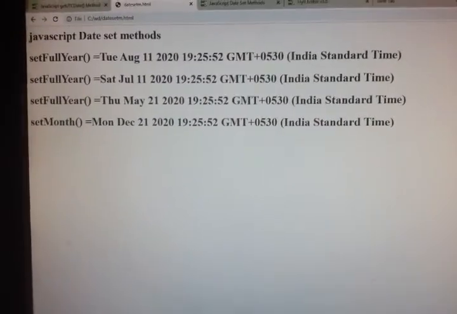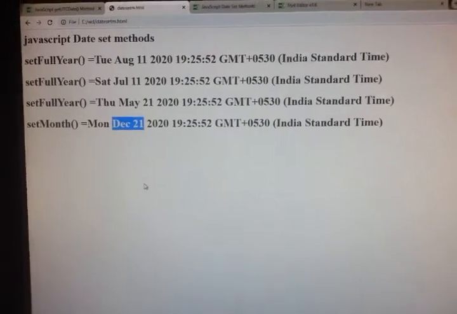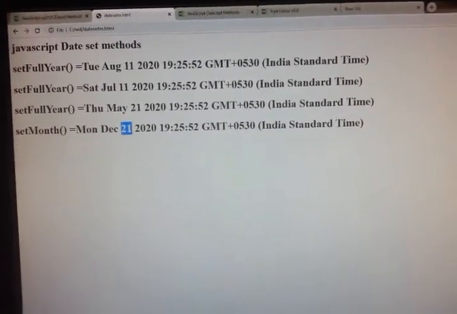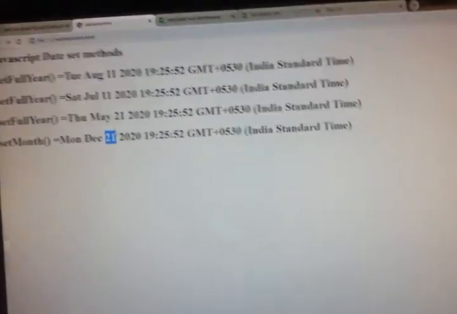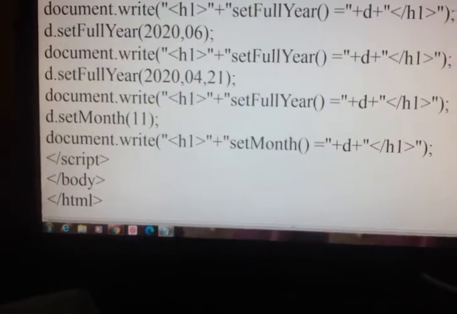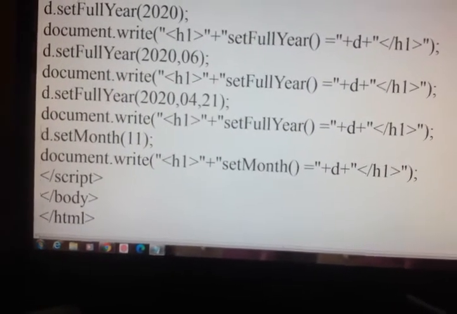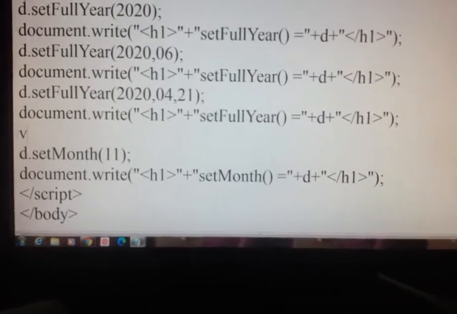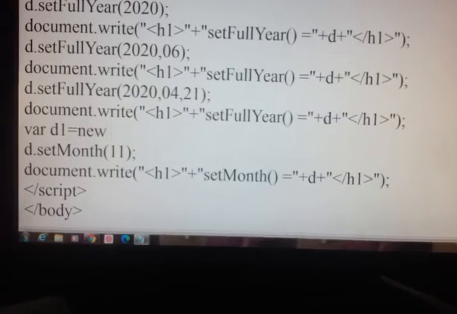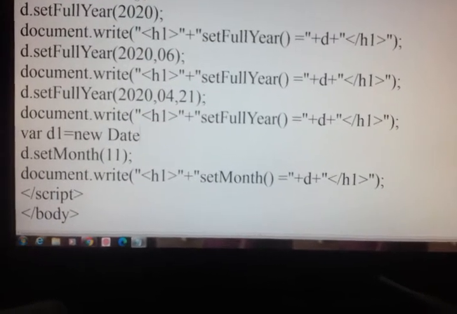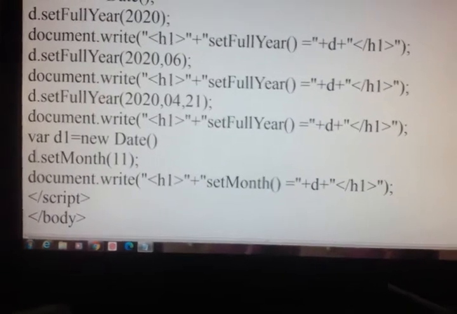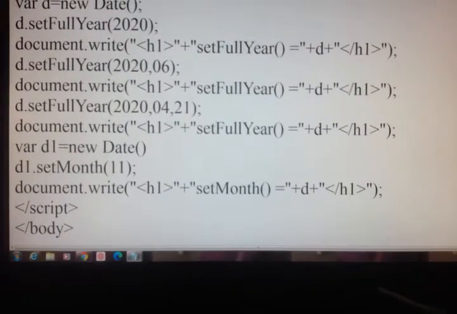F5. I got 21, because earlier I had made that, so it is showing 21. To change that, we have to create a new variable d1 is equal to new date, and d1 dot set month.